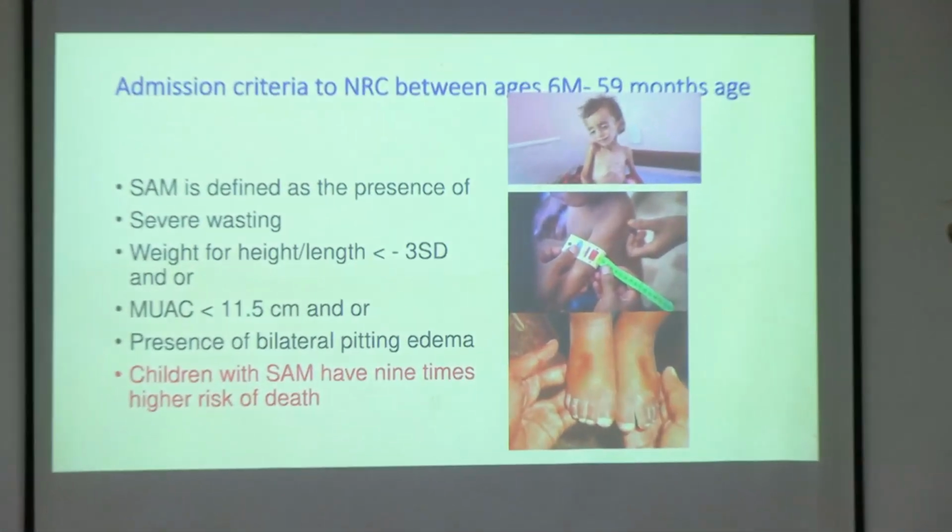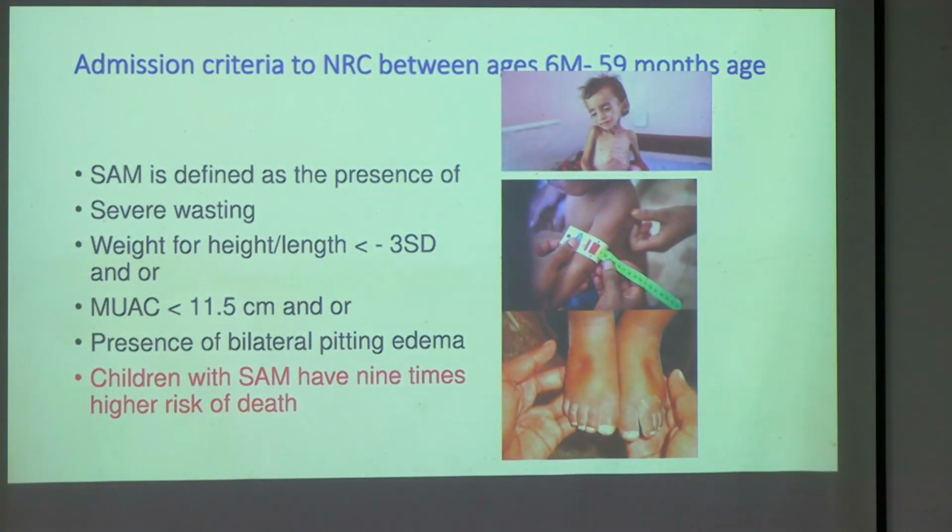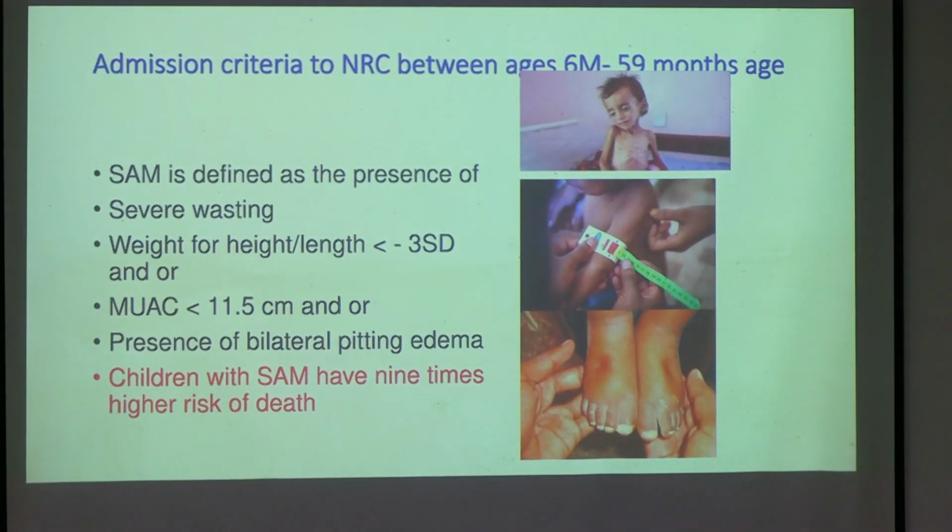आपने वेट लिया फैमिली में जाके, वेट लिया, हाइट लिया, फिर वेट फॉर एज, अगर रेड जोन में गिरता है मतलब लेस देन 3 स्टैंडर्ड डेविएशन. एडमिशन क्राइटेरिया इन NRC, मिड आर्म सर्कम्फरेंस लेस देन 11.5 सेंटीमीटर, रेड जोन में पड़ जाएगा. शाकिर स्टेप याद है? ग्रीन, येलो, रेड. If it is falling into red zone, that is -3 standard deviation. Then bilateral pitting edema, दोनों पैर सूजे हुए हैं. If you touch the feet, your both finger tips will go inside.